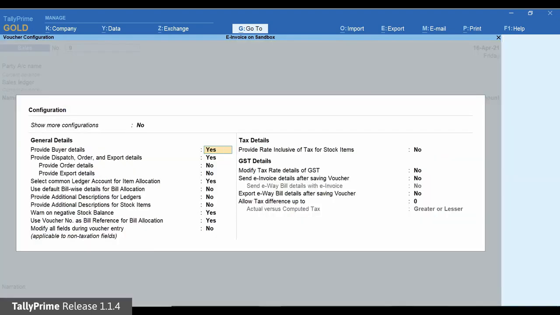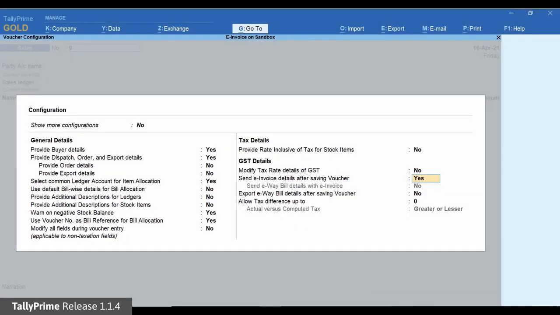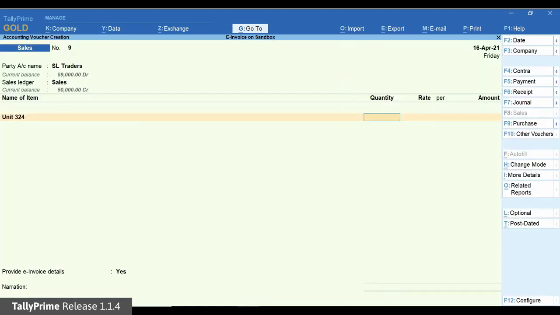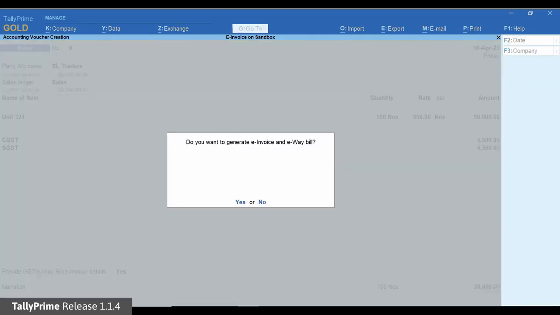Press F12 and set Send e-invoice details after saving voucher to Yes. Press Ctrl A to save the voucher.